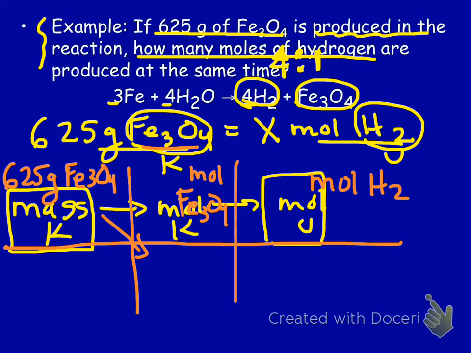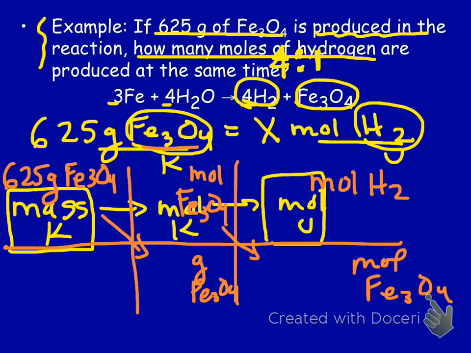Now I'm going to fill in the bottom just by setting up my units to cancel. Always do this. So grams Fe3O4 and moles Fe3O4. Now I'm going to look at my ratios. So the first ratio I have is my mole to gram ratio. And whenever I have a mole to gram ratio, the moles is always going to be 1, and the grams is always going to be what we add up for the molar mass, which is 3 irons and 4 oxygens. That all adds up to